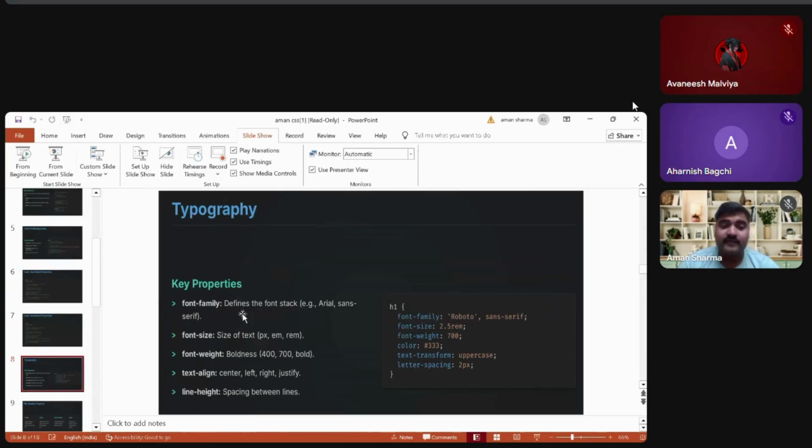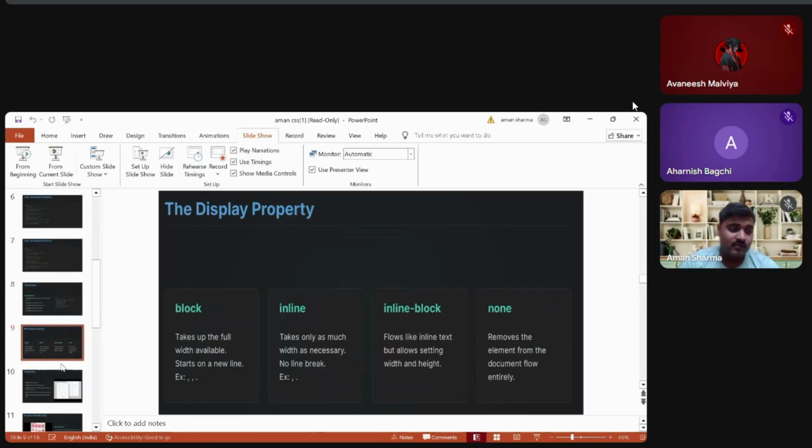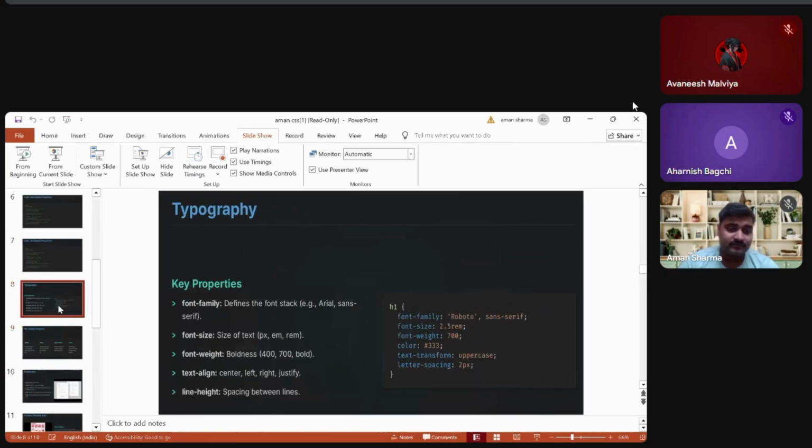Typography. The font family defines the font style and the font size of the text. Font weight is the boldness, like 400 and 700 bold. Text align: center, left, right, justify. Line height specifies the spacing between lines. Now moving to the next slide,